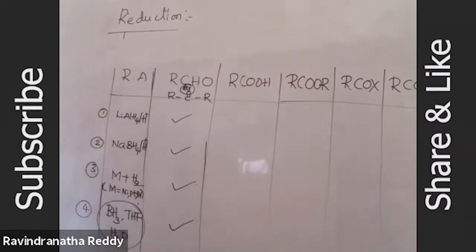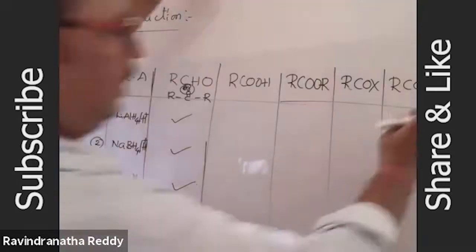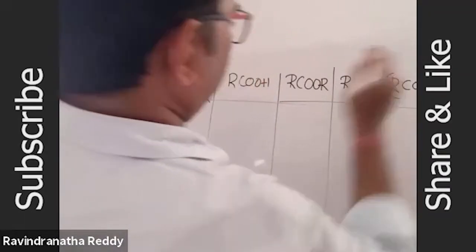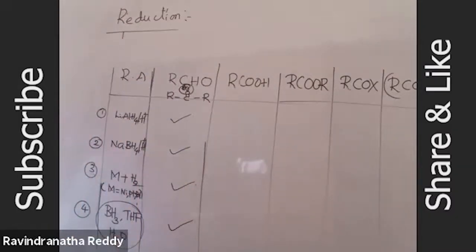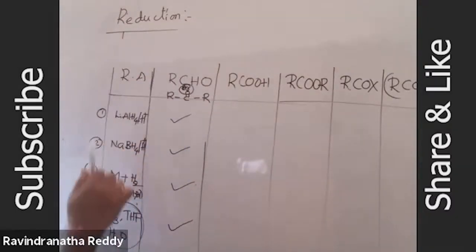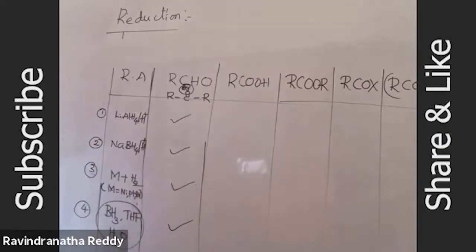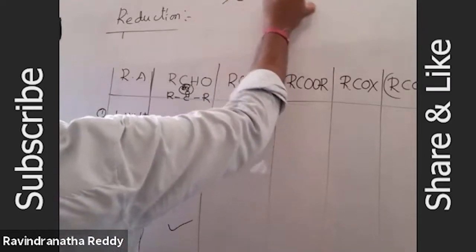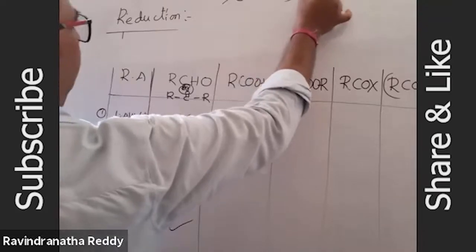Getting this point? In all these reactions, the last one is acid anhydride, RCO2. Amide does not give alcohols. So wherever we use these reducing agents, the carbonyl compound is converted to alcohol. The carbonyl compound converts to alcohol. So the CO group is reduced to alcohol by the reducing agent.